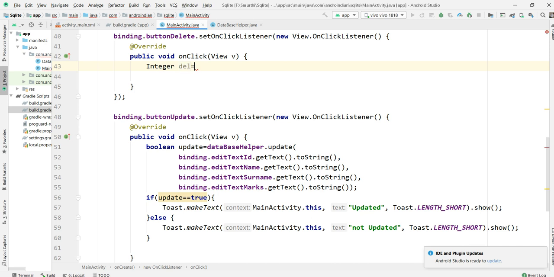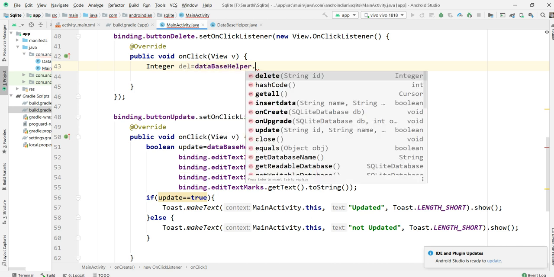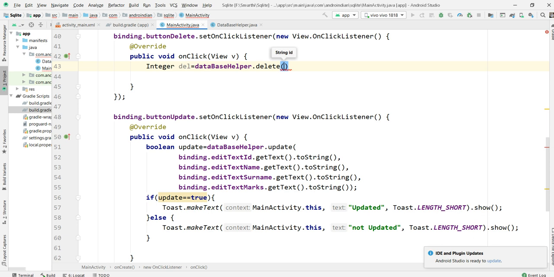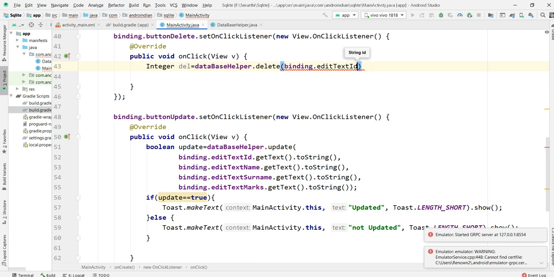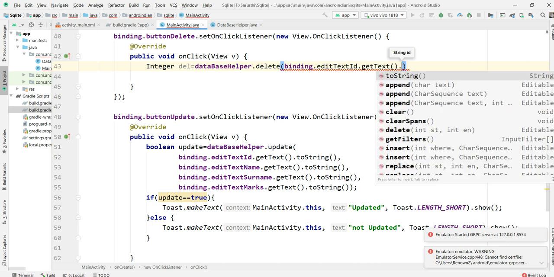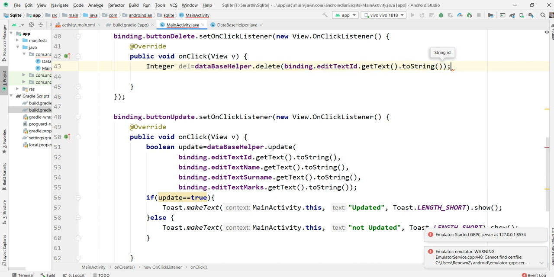Then here database helper dot delete. Here we can get binding dot id dot get text dot toString. So you can take this data, convert it into a string, then we'll check the condition.